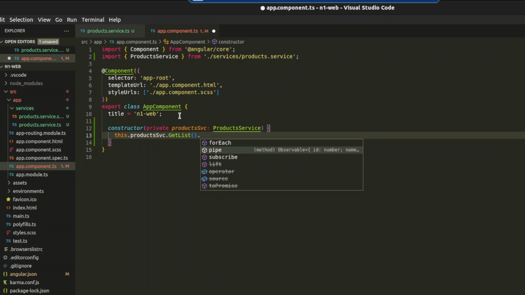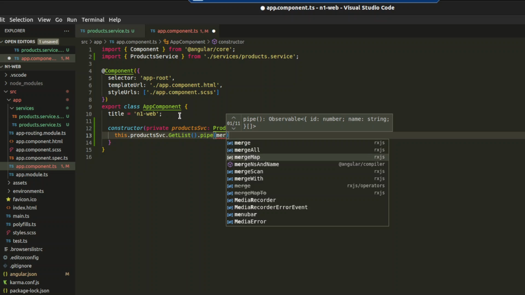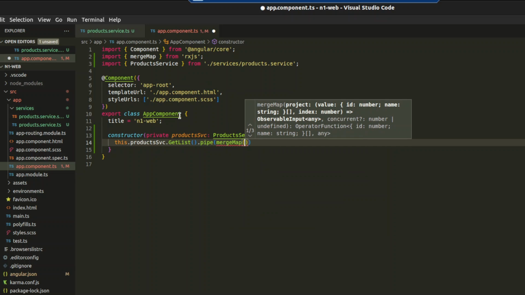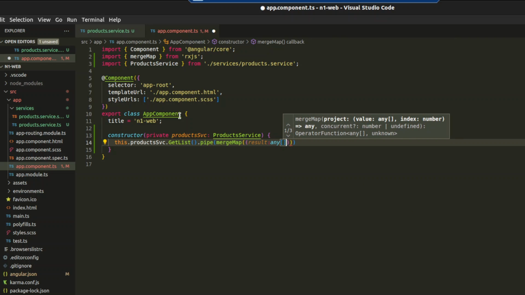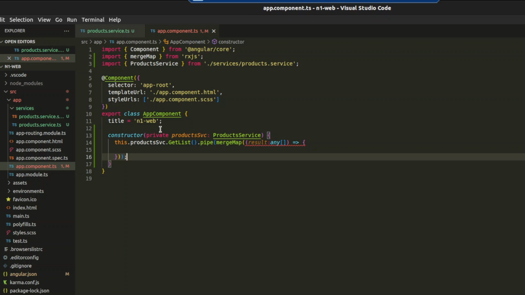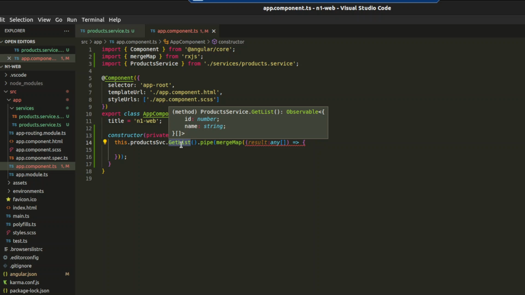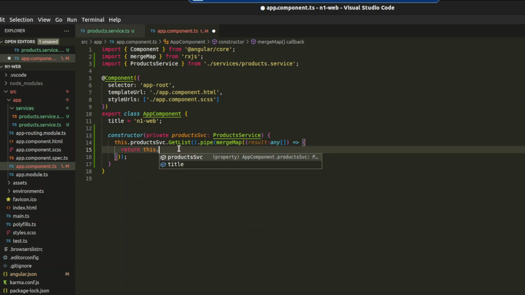So what they did is get pipe, and then they're going to mergeMap, then the result here. If you're going to pipe this map here, this result here is the result of this observable here. And then when you mergeMap and then you call again the getById,